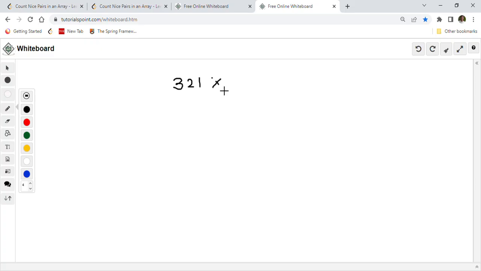Mod 10 will give you 1, and then you do 1 plus 10 multiplied by 0, which still gives you 1. After that you divide the number by 10, so 321 divided by 10 is 32. Again you take mod 10 here, which will give you